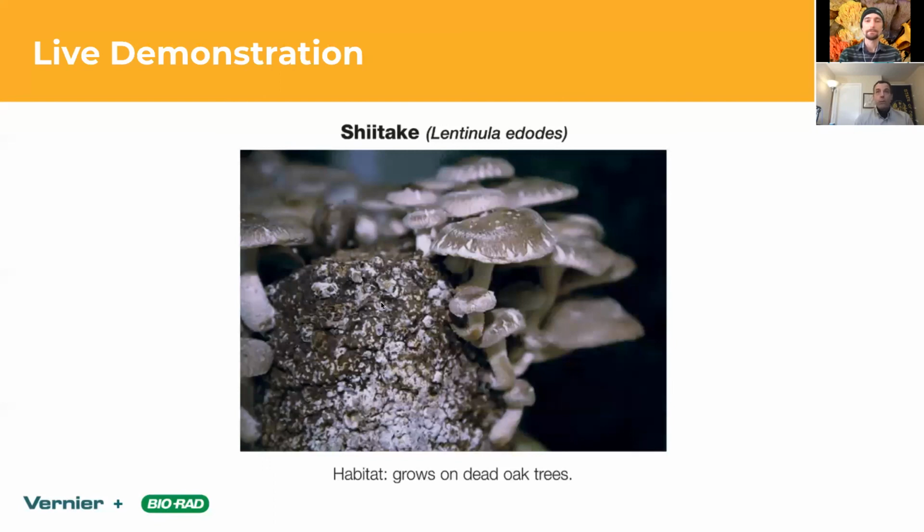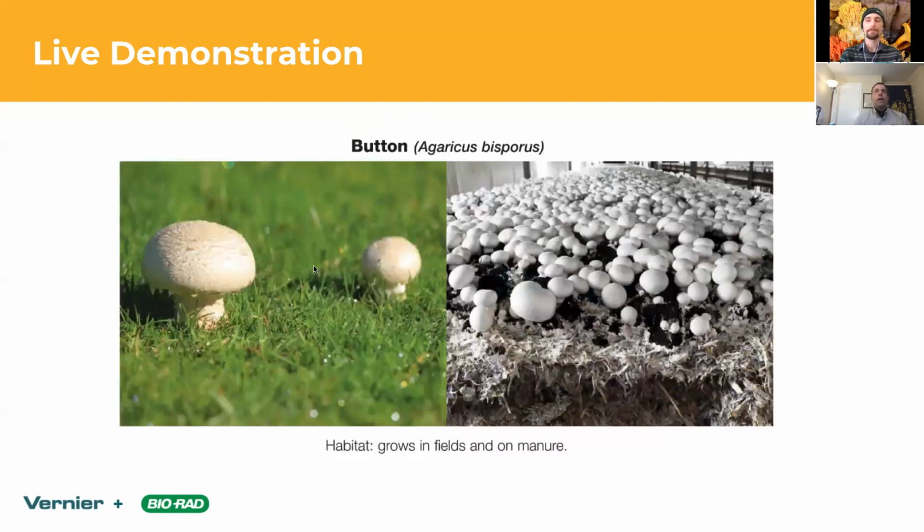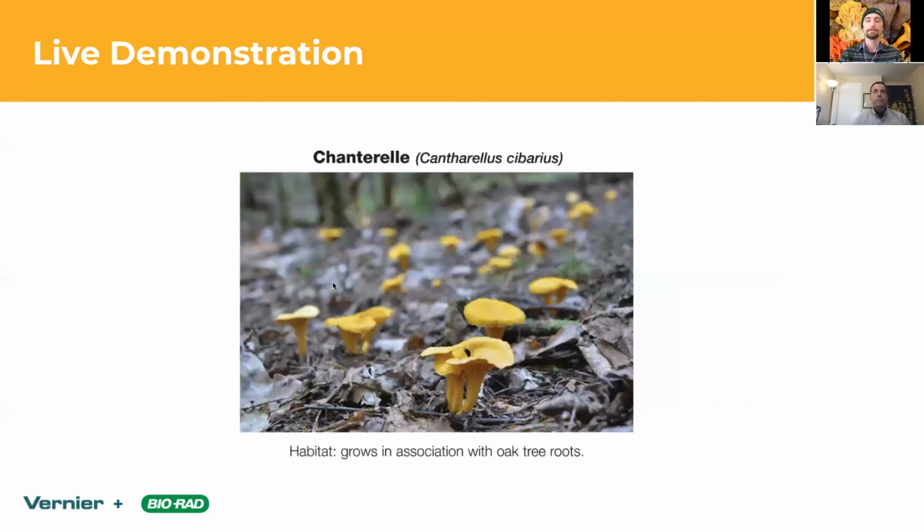So once again, just to review, I have samples of shiitake that I've processed. And remember, shiitake grows on dead oak trees. I also have some buttons that I've processed, Agaricus bisporus. It grows in fields or on manure. And then I also have some chanterelles that I've processed. Chanterelles are really cool because they are mycorrhizal, meaning they form associations with specific trees.